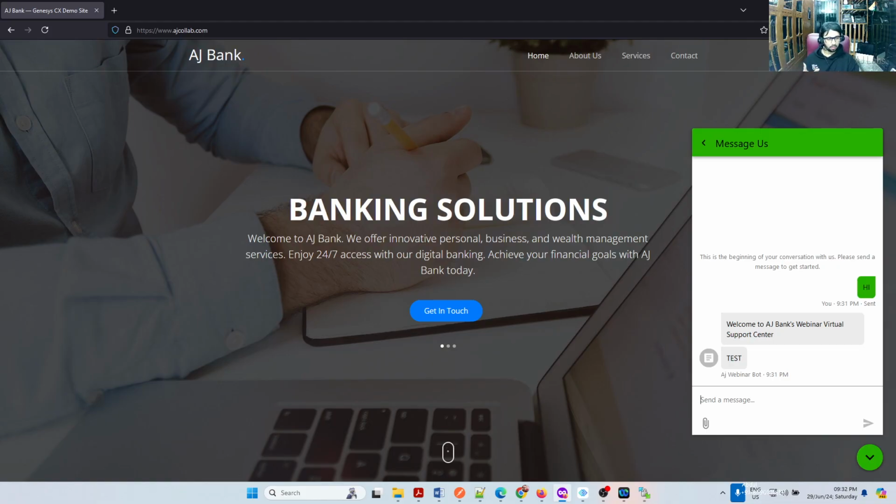So we created that messenger. We created that message flow, the inbound message flow, and attached it to a messenger configuration. Then using a deployment, we generated that code and deployed that code on a real website. You can deploy anywhere if you want, as long as you have that JavaScript code. If it is a blog, you can deploy anywhere, because I selected all domains. Then I simply interact with the chatbot and it is giving me the response I was supposed to get. This is what I configured.